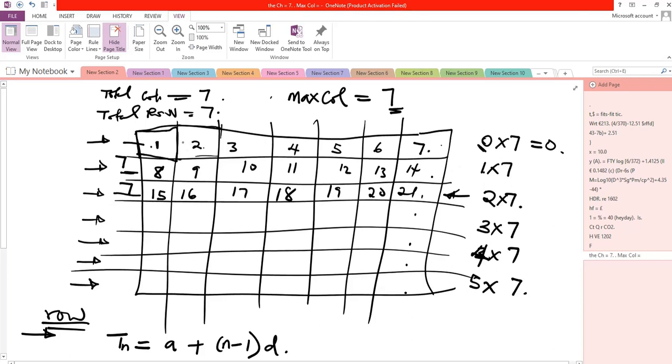Here you're adding 0 to the first row, it will remain the same. If you add 7 to this first row, it will give you this one. If you add 14 to this one, it will give you this. If you add 21 to the next one,